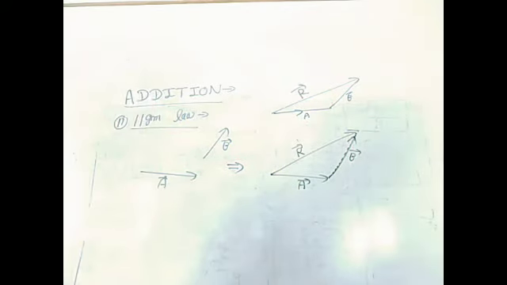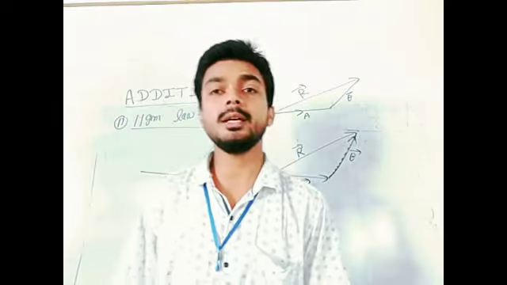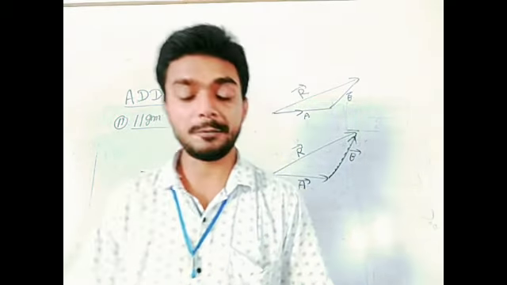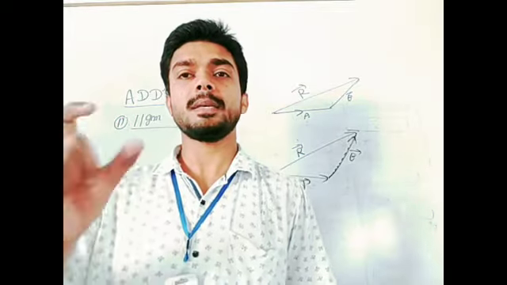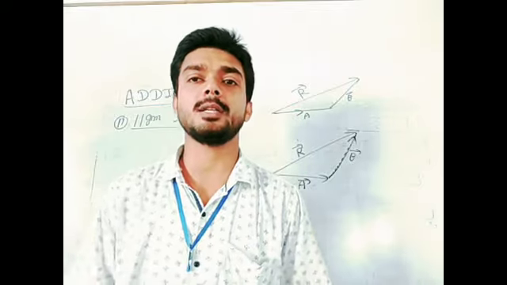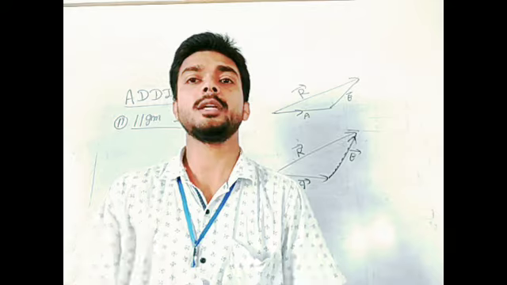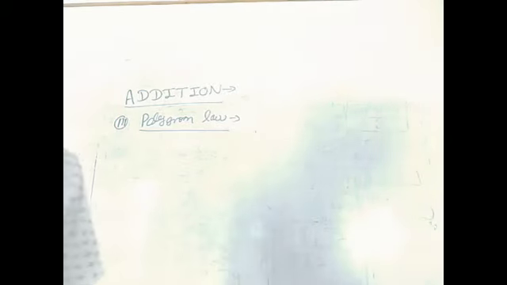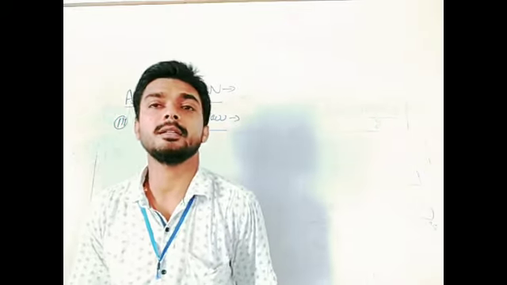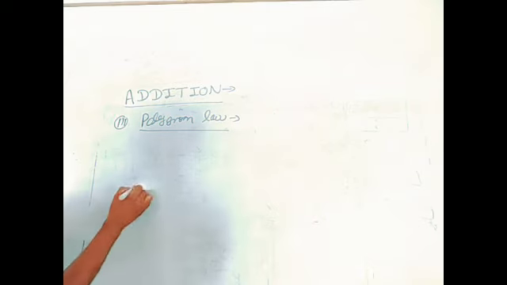Okay. Next, students, we are going to discuss the polygon law of vector addition. If you want to add more than two vectors, suppose we have A, B, C, D, E, F, so many vectors, and we want to add them, then how can we add? Then students, in the polygon law of vector addition, consider we have vectors A,